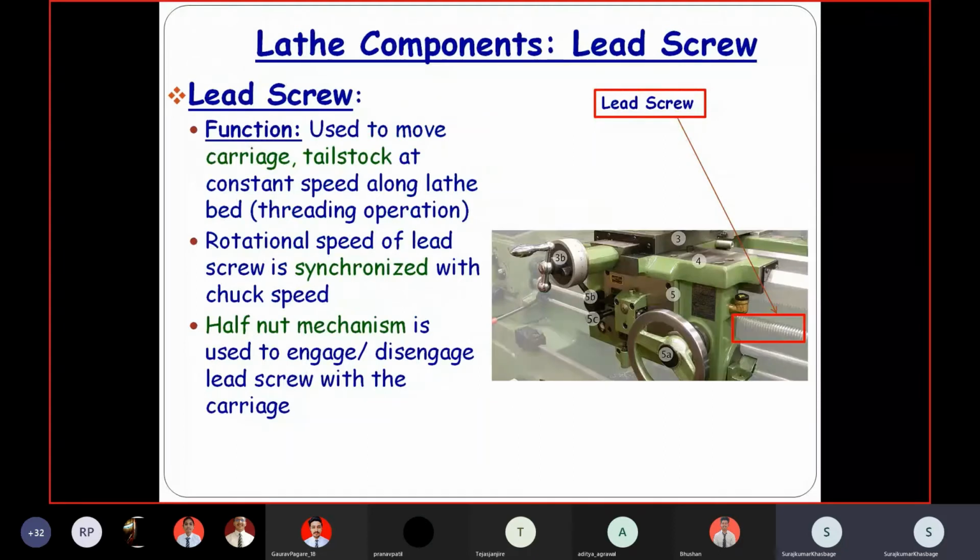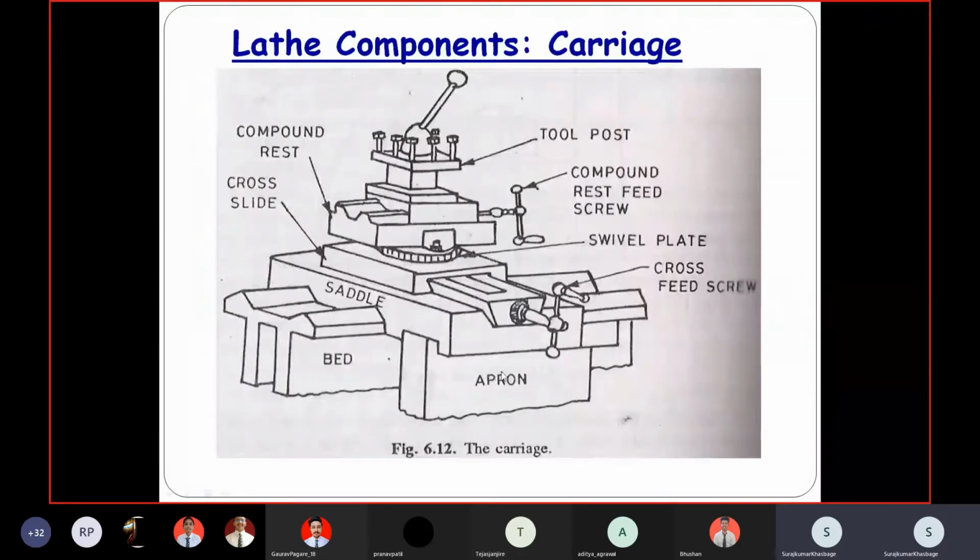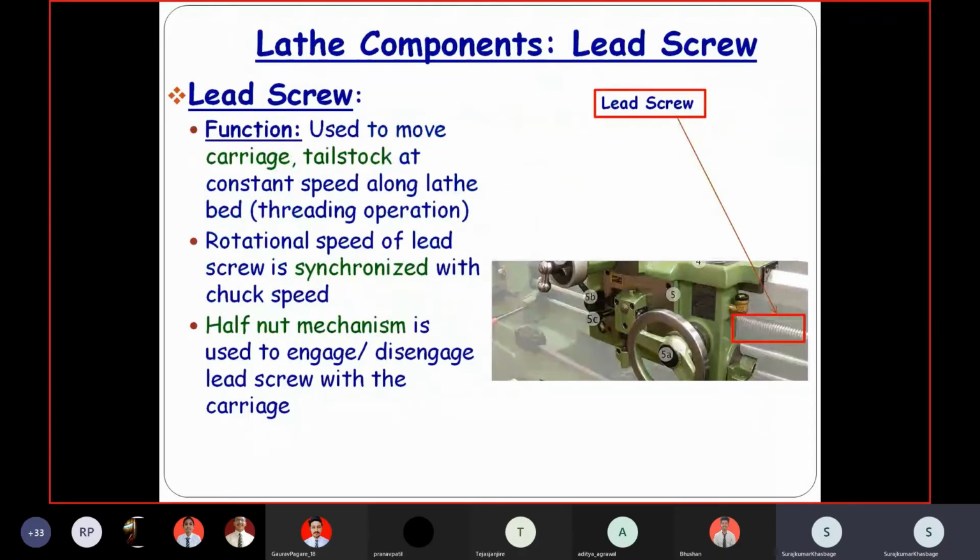Then the lead screw. As we discussed before, the lead screw is responsible for this. The lead screw is attached to the carriage through this apron plate, this vertical plate. You can see this vertical plate is called the apron plate. Through this apron plate, one half nut is attached and that half nut is mounted over the lead screw. So whenever we rotate the lead screw by giving power through the motor, this apron plate gives the motion to the whole carriage in a forward or backward direction as per the requirement.